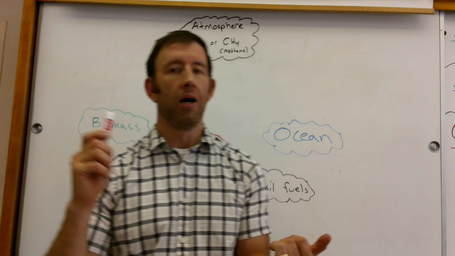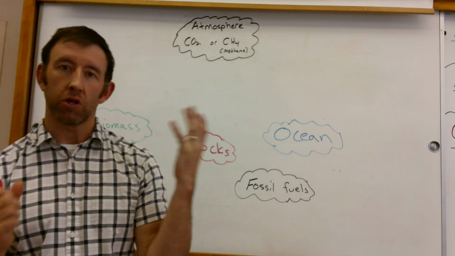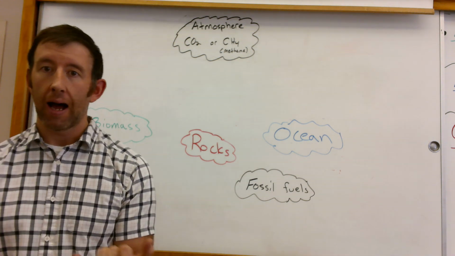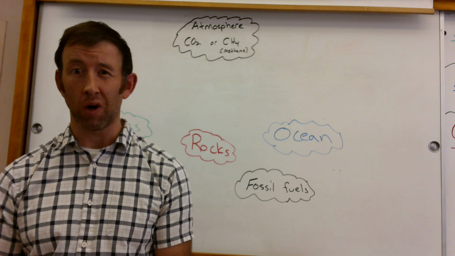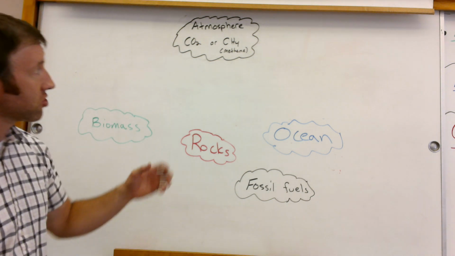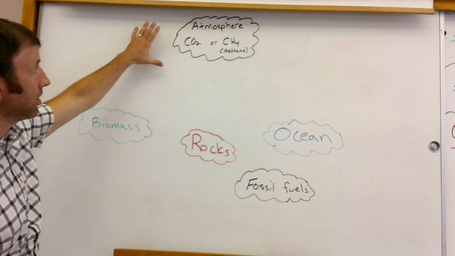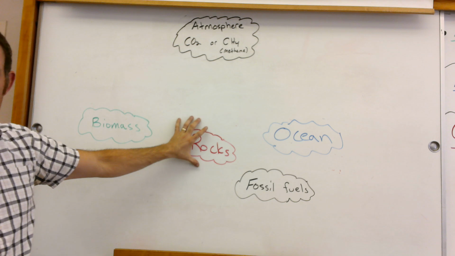All right? But keep in mind, what we need to be able to do is to map out for the carbon cycle, which we'll start with, how carbon gets into and out of different what we call carbon reservoirs, so places that we find lots of carbon, okay? And our major reservoirs, by the way, are already listed up here. We've got the atmosphere, we've got biomass, we've got rocks, we've got the ocean,